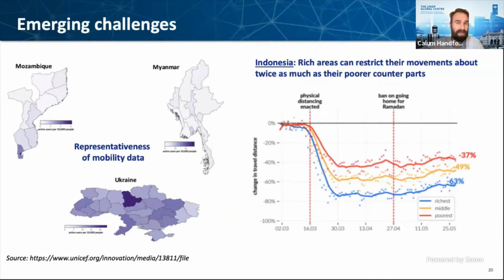But the tricky aspect here is that if we're basing this on mobile data and not everyone owns a mobile phone or has access to a mobile phone, particularly women, then we're going to be designing policies that exclude half of society and could also actively undermine or entrench inequalities as well. So this is something that we need to be thinking about when we apply technology, is to make sure it's inclusive, and we're having a very broad consideration about the whole ramifications of this application.